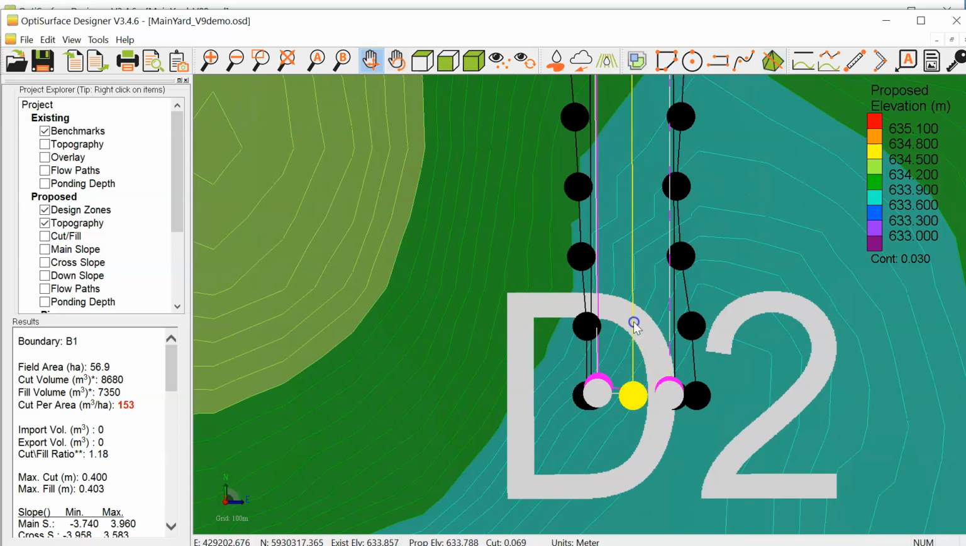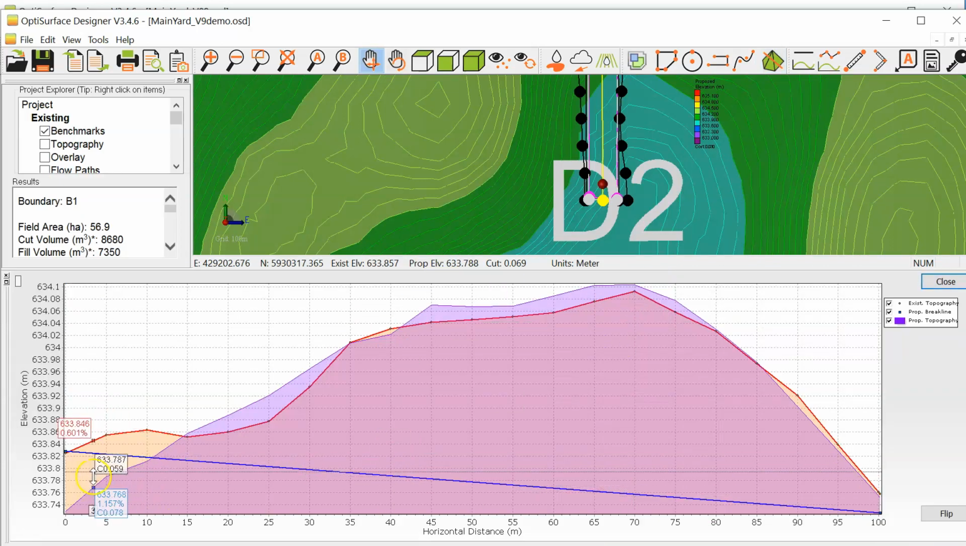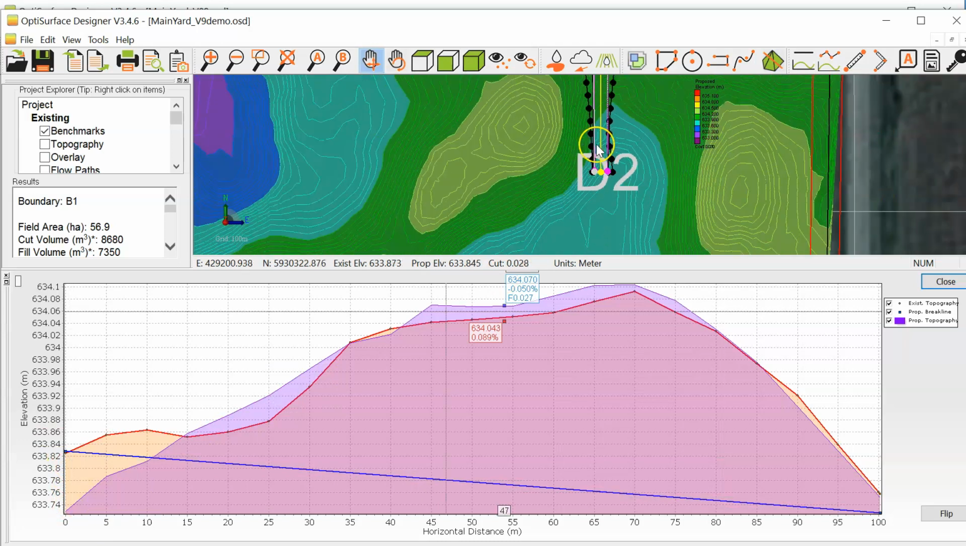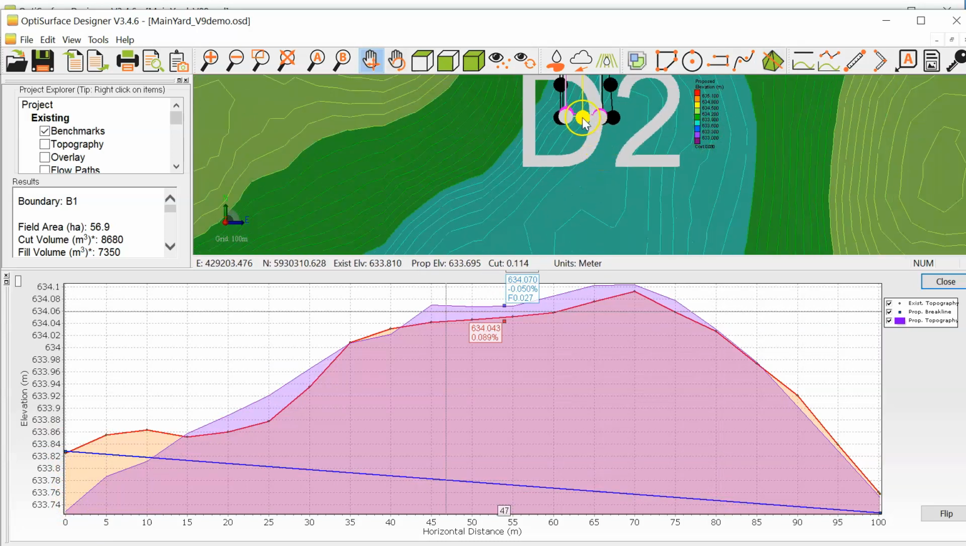So the benefit of that is that I can click on this line now and see, okay, this is the proposed topography, this purple area. This is the proposed topography without the break line included. And you can see, yeah, I've got this too high here. I actually need to bring this out